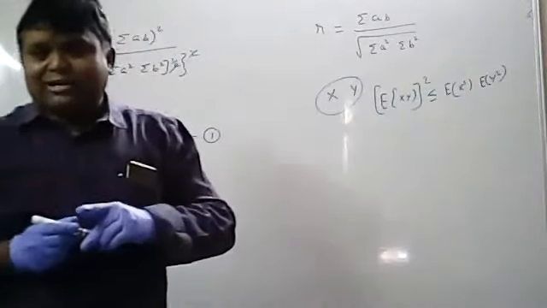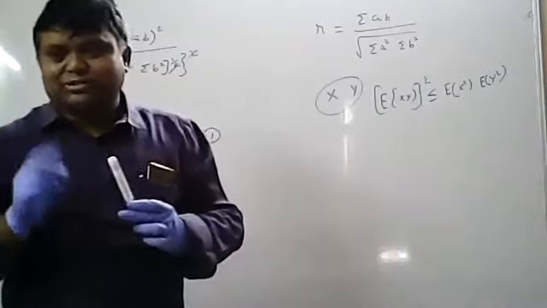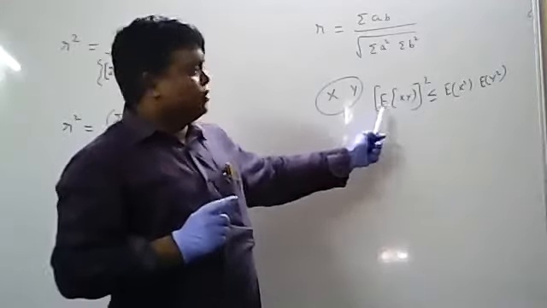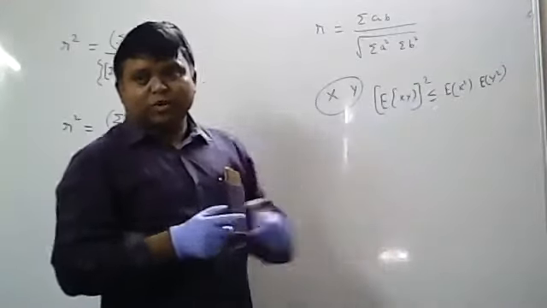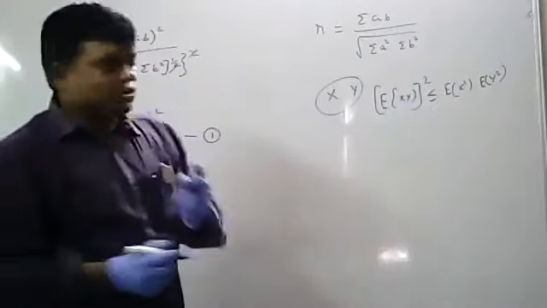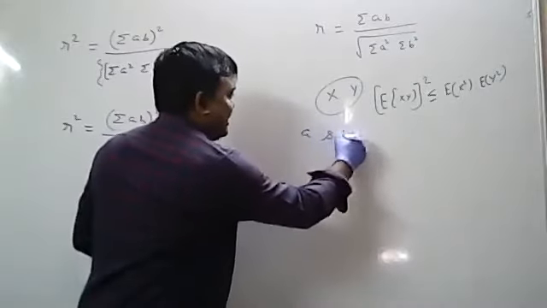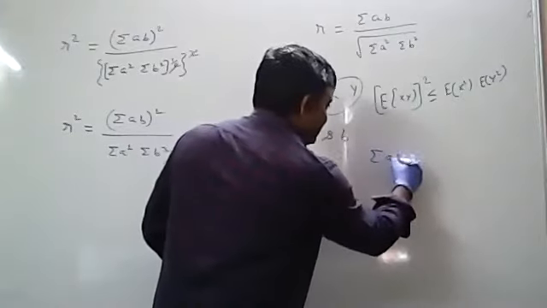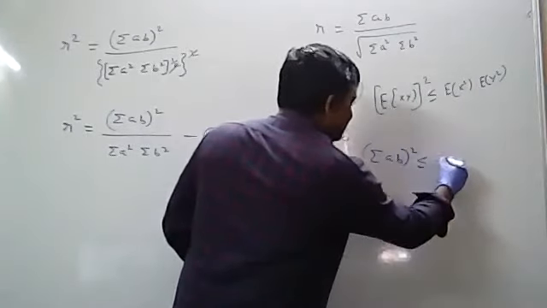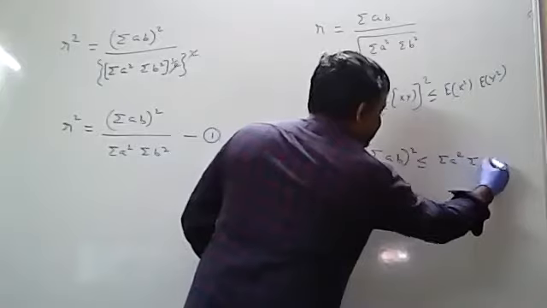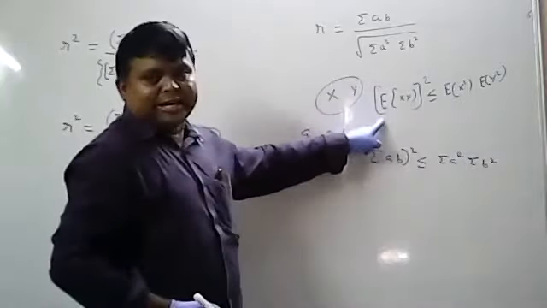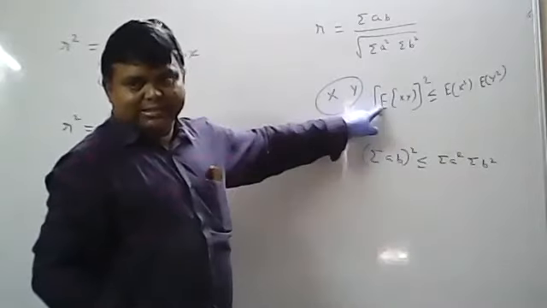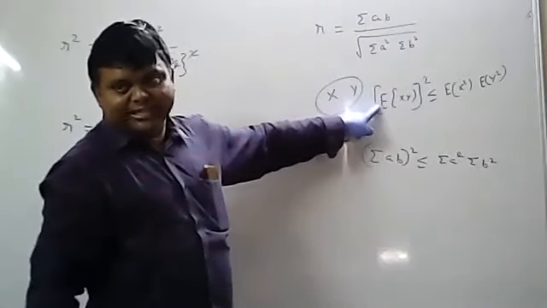You have learned two inequalities there, the Cauchy-Schwarz inequality and Chebyshev's inequality. You learned them in the first semester in the expectations chapter. So this is in terms of expectation. Suppose I take two variables a and b, then what is the Cauchy-Schwarz inequality? It is nothing but summation ab whole square is less than or equal to summation a square into summation b square. Same concept. Expectation of xy whole square: in place of x, you have the original variable. This is in terms of expectations, that's why you have used E.